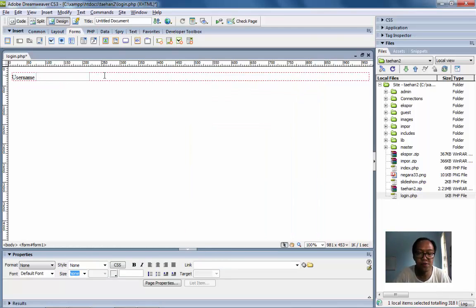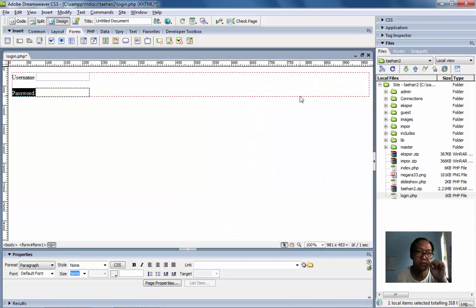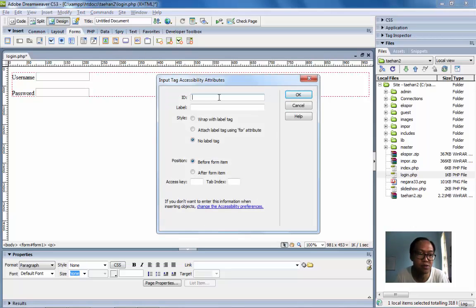After that, we also create the second field named password, and the label is password also. Then for the submit button, we use submit with a small letter.